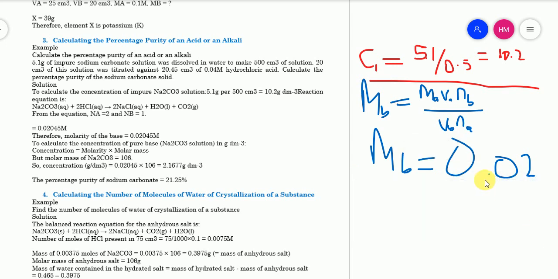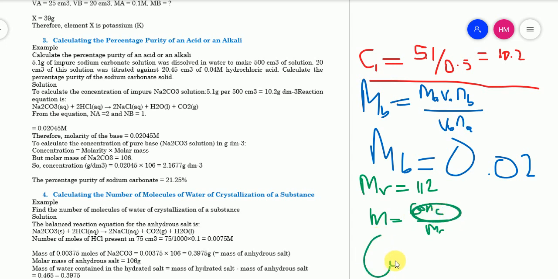Now hiyo 112 maana yake ni molar mass. So molar mass is equal to ngapi? 112. So from this molar mass we know that molarity is equal to concentration divided by nini? By molar mass. So hapa tuna calculate concentration, and this concentration will be concentration of pure. So concentration is equal to